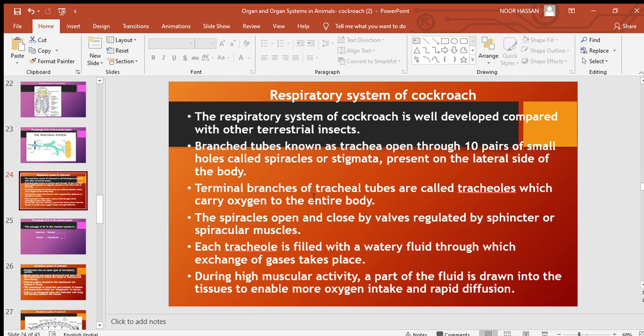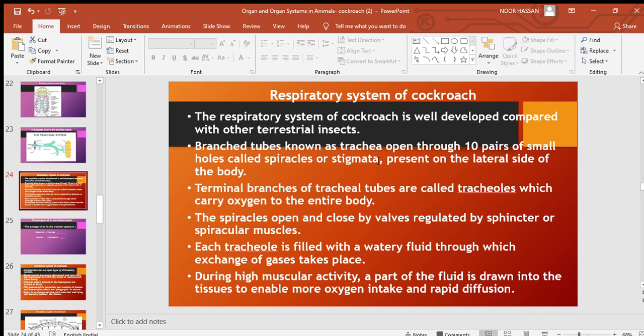The respiratory system of cockroach is well developed compared to other terrestrial insects, and branched tubes are present which are called trachea. This trachea opens through 10 pairs of small holes called spiracles or stigmata. So we can understand that there are tracheal tubes which open outside through 10 pairs of small holes, that is, on both sides, right and left. These openings are present on the lateral side of the body. So it's a pair in